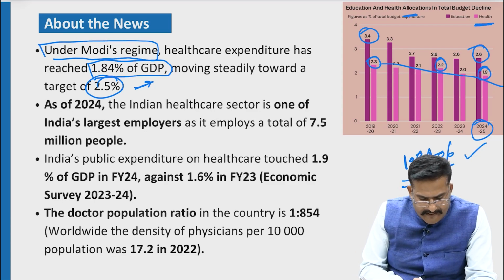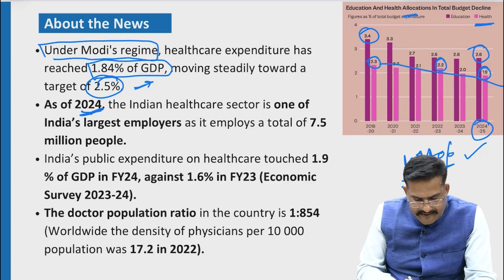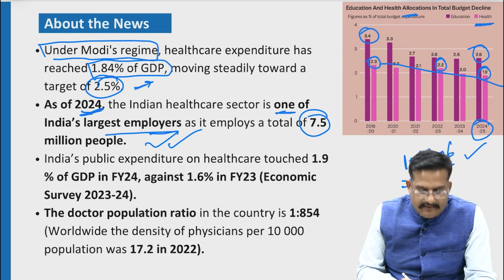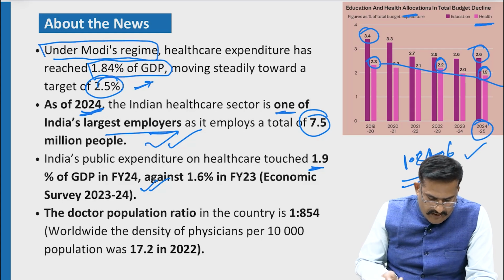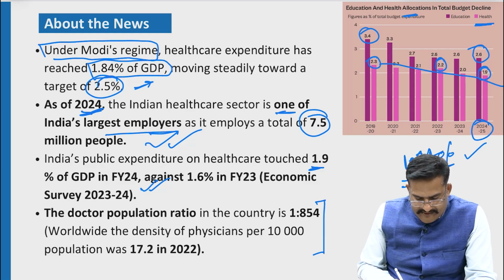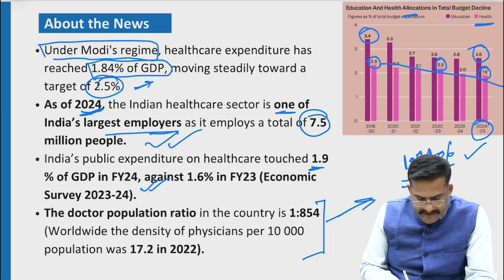You will have to understand that as per the latest data, of December 2024, the Indian healthcare sector is one of India's largest employers, as it employs a total of 7.5 million people, which is huge given the capacity of engagement. Also, India's public expenditure on healthcare touched 1.9% of the GDP in financial year 2024. Another very important fact is that the doctor to population ratio in India is